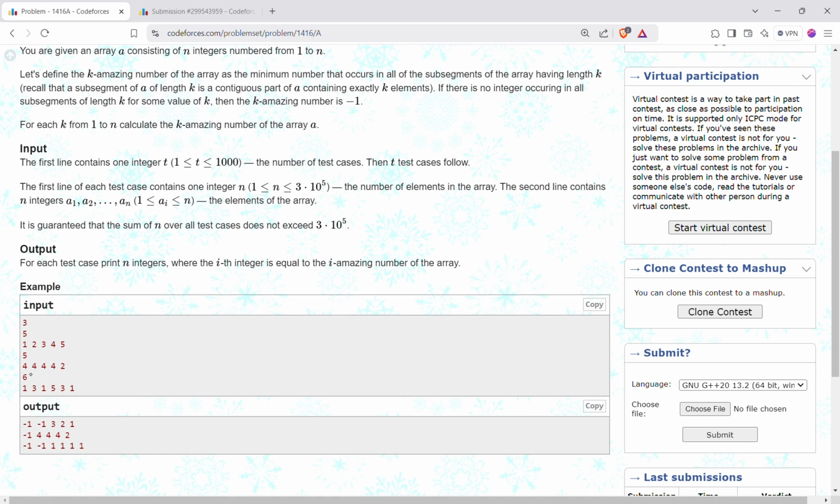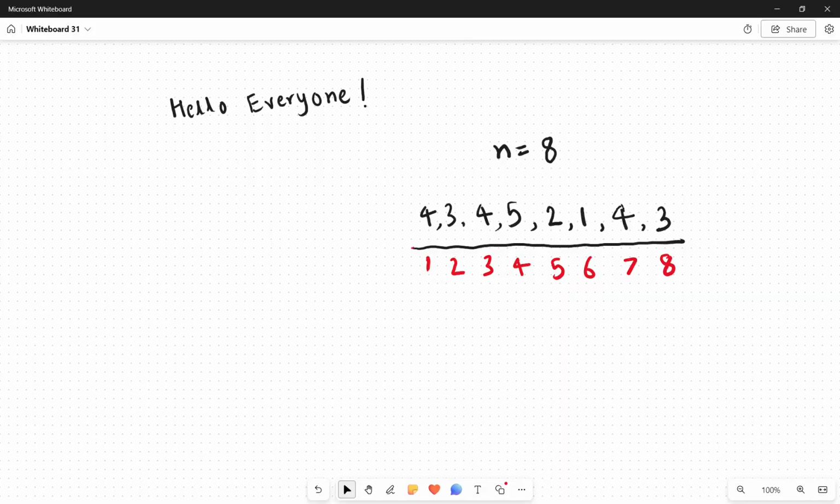Let us take a look at this sample test case. These sample test cases are kind of weak, so I have designed one strong test case as well to let you get a nice grip on the understanding of the problem. So here is one sample test case. Okay, so for k equal to 1,